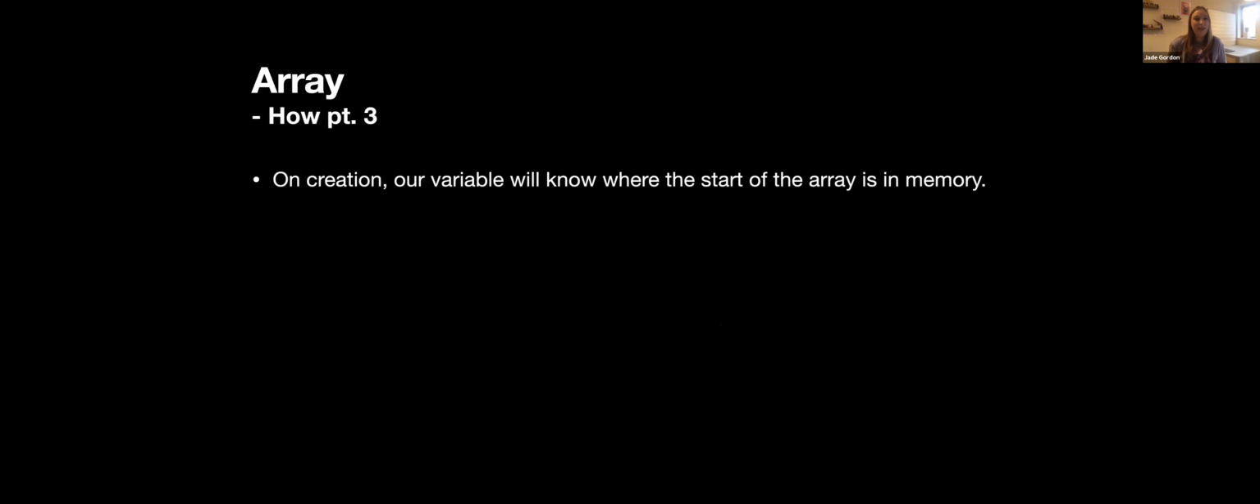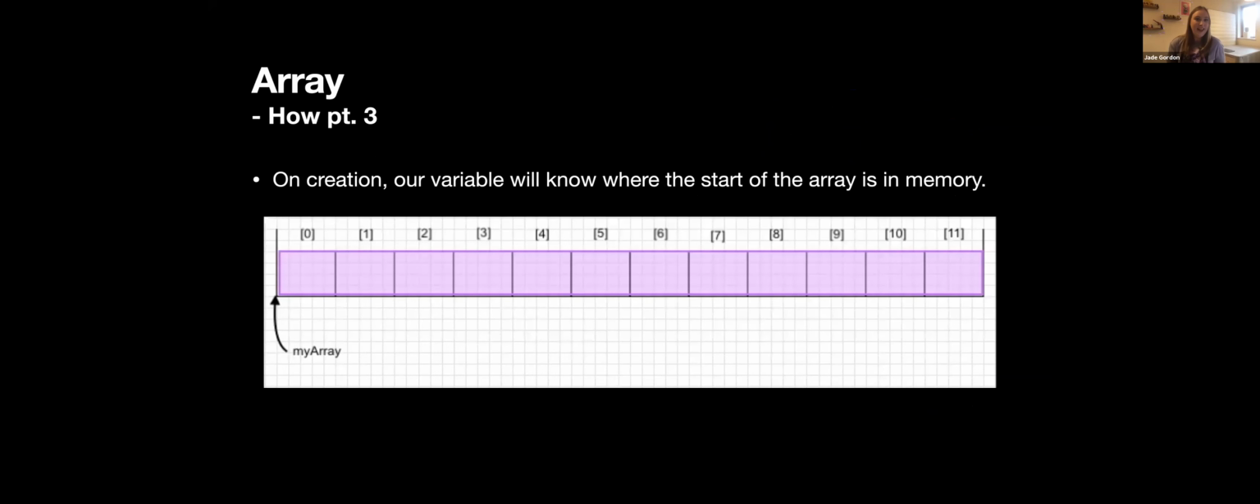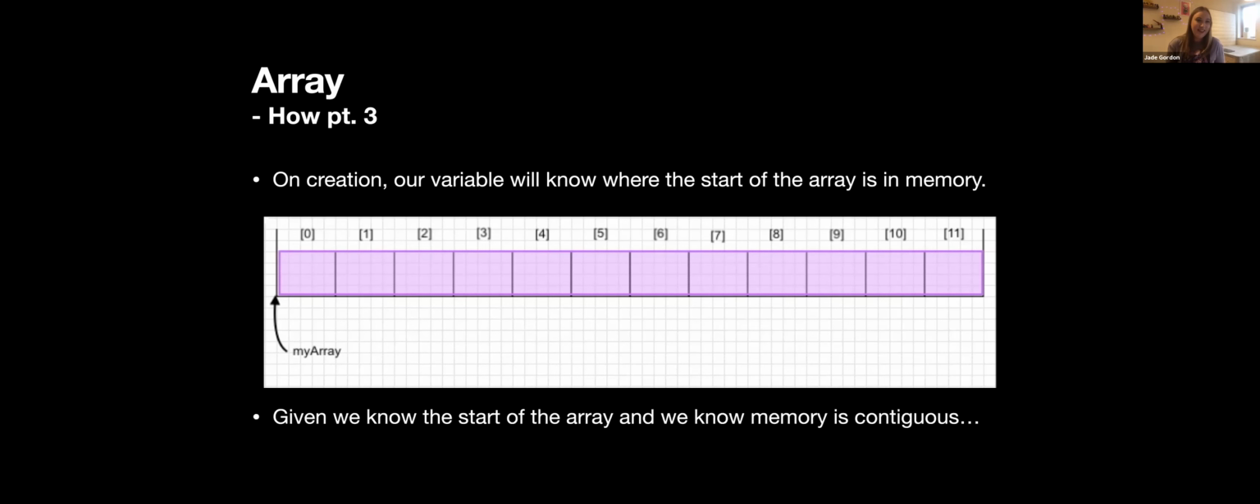Okay, so this is a worked example of that. On creation, as I've previously said, the variable to the array knows whereabouts it starts in memory. So if you click again, here we can see this diagram. My array points to the start. And if you click again, given the fact that we know where the start of the array in memory is, and we know that memory is contiguous, what we can do is,